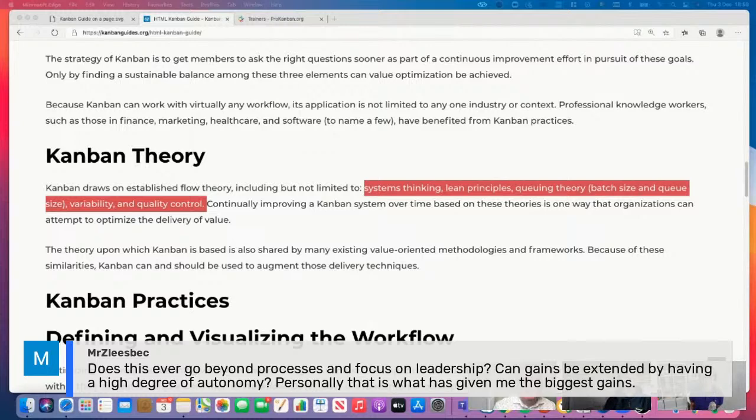Wrong button. I was trying to come off mute. My 8-year-old was talking outside the door, so I had to mute myself. Okay. Yeah. Okay. So,